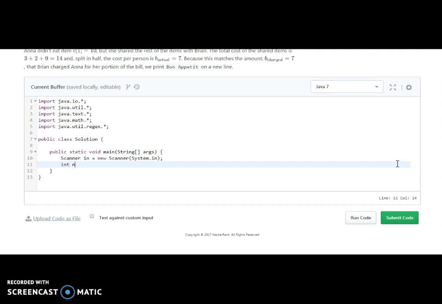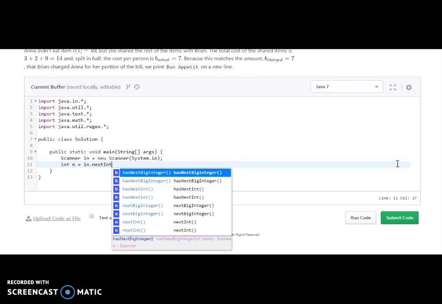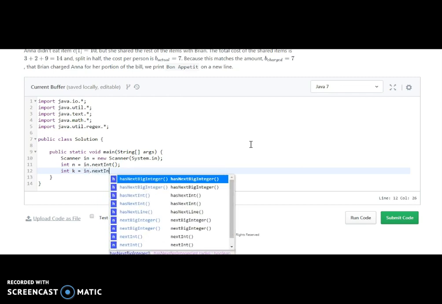Now we will take n, the number of items, so sc.nextInt. Here we are taking the nextInt. Now we will take k, the item which Anna doesn't eat, with nextInt.